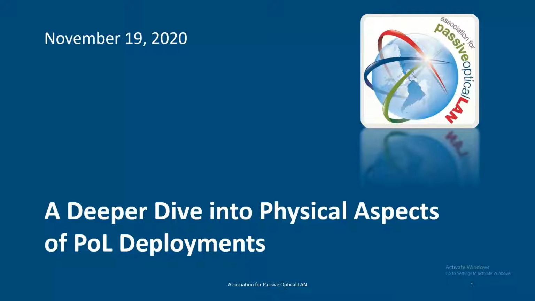Before we begin, let me explain what AppLAN is. Basically, the Association for Passive Optical LAN is a non-profit organization tasked with advocating for the global adoption of passive optical LAN local area networks. Each of the companies involved today is a member and an evangelist of PON technology, and of course, the key advantages that make passive optical LAN an ideal solution for deploying networks in enterprises.